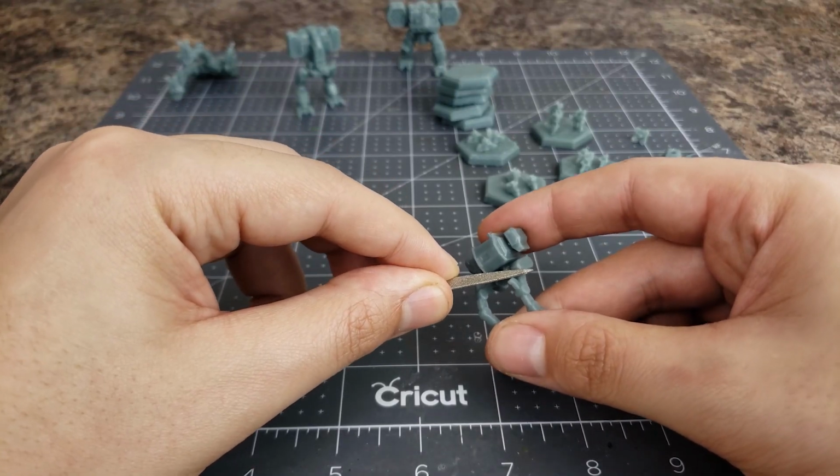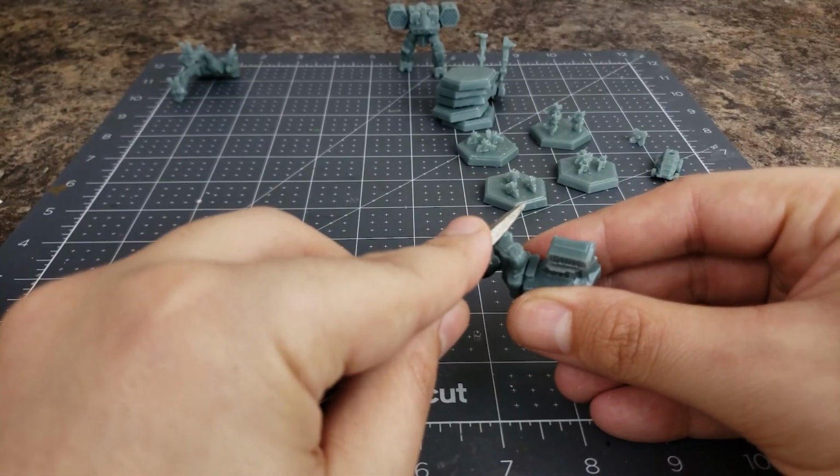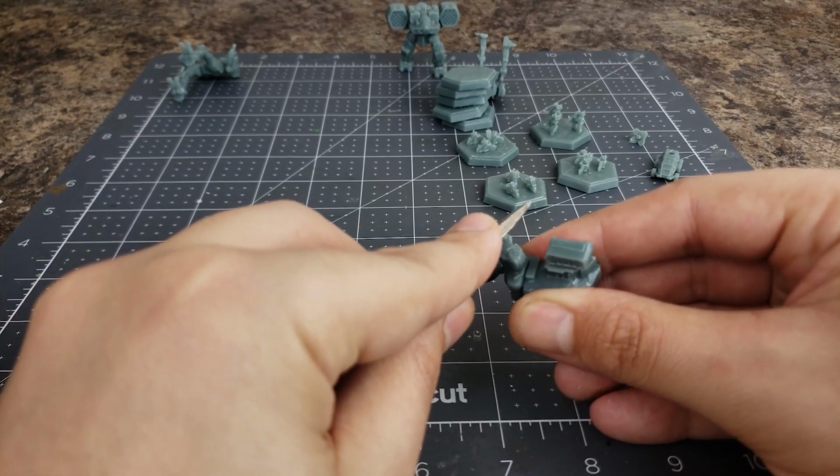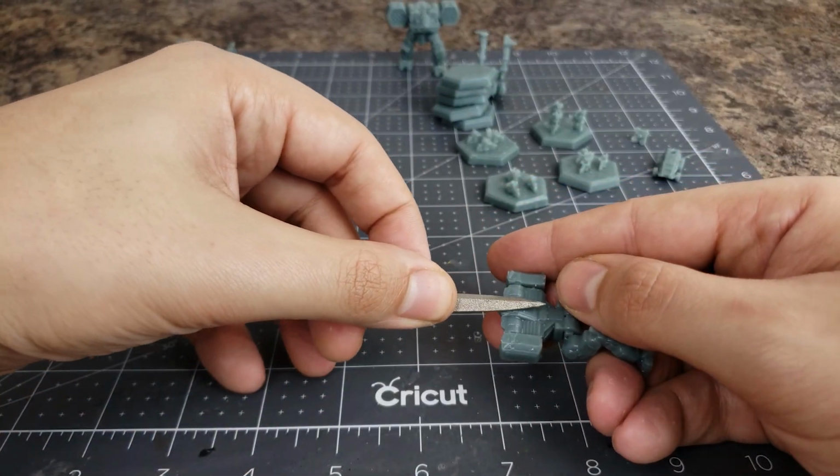In my experience, 3D prints always leave a bunch of little marks from where the supports were attached and are always going to need some amount of filing and sanding. I just so happen to have the file set produced by Army Painter, and I set to work cleaning them